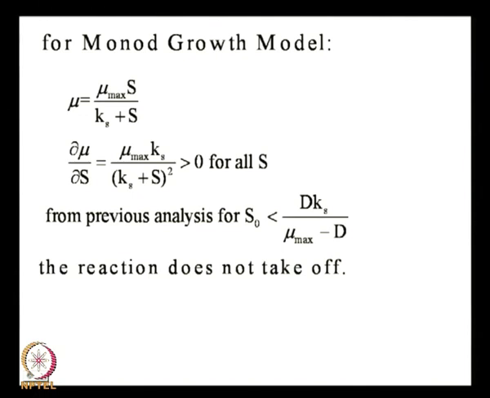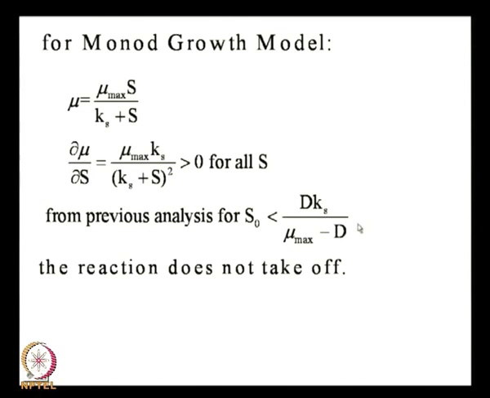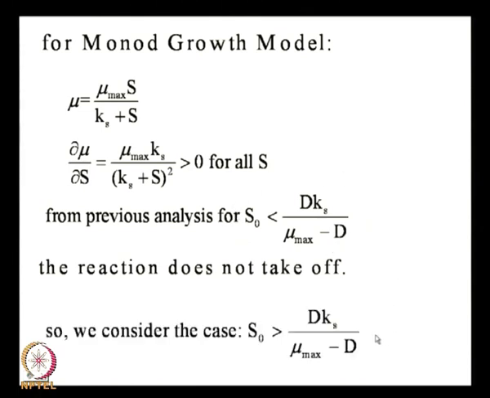Why did mu max have to be greater than d? Because one of the criteria for steady state was mu equals d, right. The steady state criterion was mu equals d. Now, mu equals mu max times some number which is less than 1. So, obviously, then mu max has to be greater than d, right. So, then the denominator is positive out here, but the reaction can only happen if S naught is greater than dKs over mu max minus d. So, we will consider that case only here, because there is no point considering the other cases, and if you need I will go back and show you the